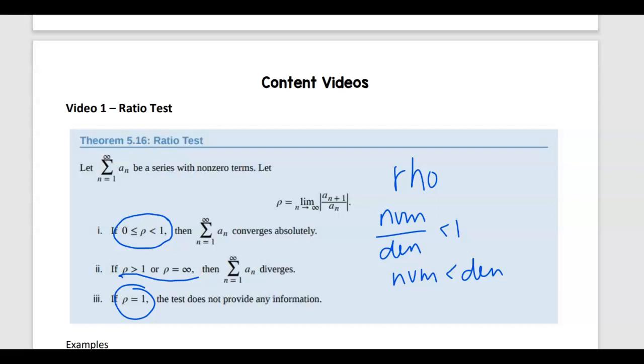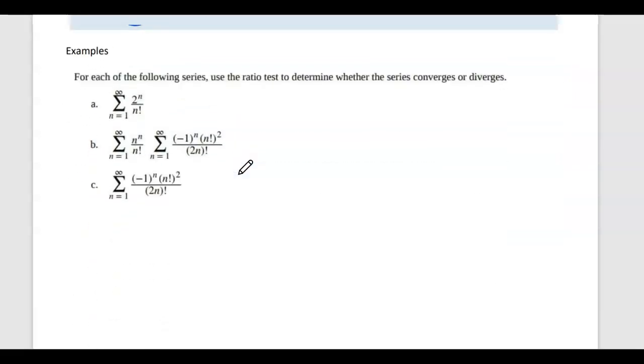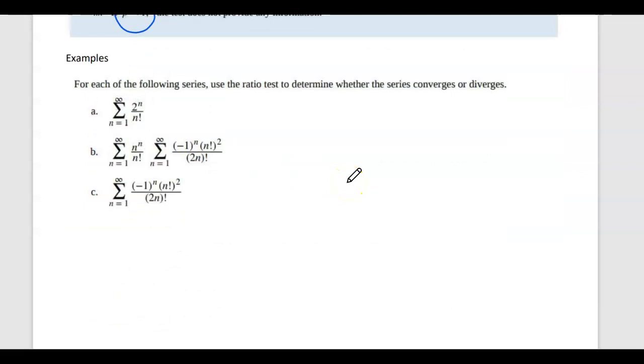Okay, so let's look at a couple examples here so that we can see how to use this. And notice in these examples, they all have a factorial. That's going to be a key indicator that you need to use the ratio test, when you have power functions and you also have the factorials. So looking here at A,